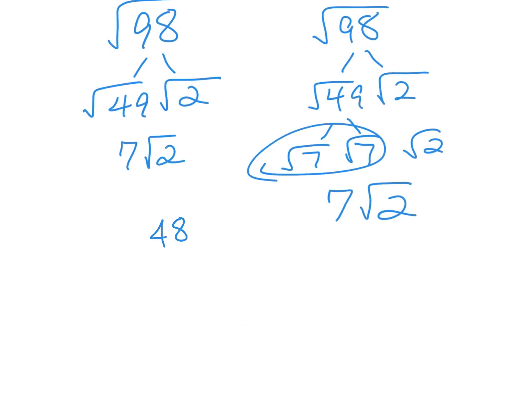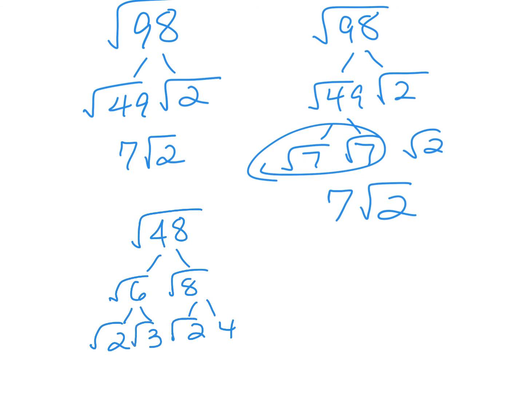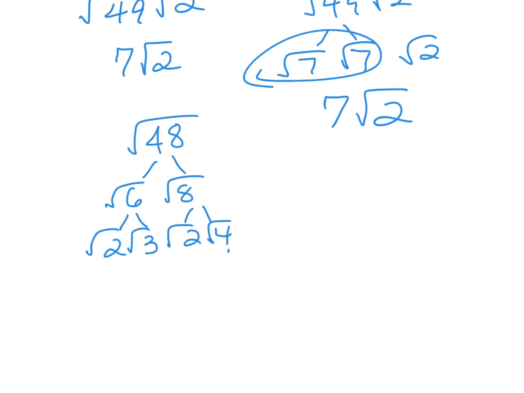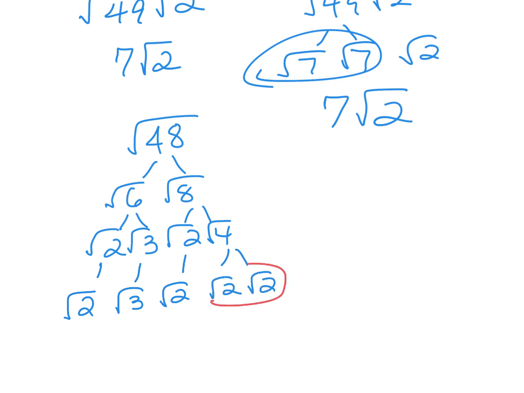So for example, 48. If I were to break this down, say 6 times 8, neither of these are perfect squares, so I'm going to keep going. I still haven't hit prime numbers, so I would still have to break the 4 down. So the 2's prime, the 3's prime, this 2 is prime, but 4 would become 2 and 2. I now look for pairs. I have a pair of 2's here, a 2 comes out. I can pair up these 2's, another 2 comes out, but this 3, he's left behind, nothing to pair with,